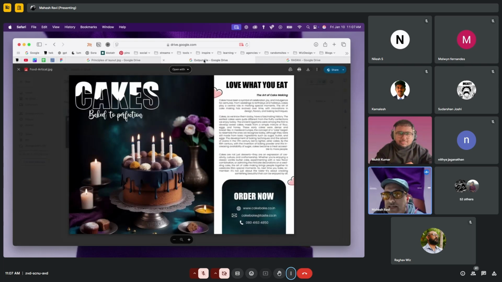Like all these things that we are seeing, I think this actually uses decent typography choices, right? So we can see some interesting play that is happening here in the cake thing. Love what you eat. The art of cake making. That's decent in terms of typography choices. But one thing that I'm not very sure about is aligning or maybe flushing everything to the right in here,